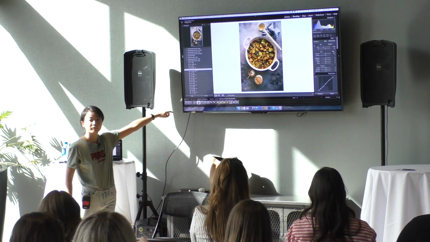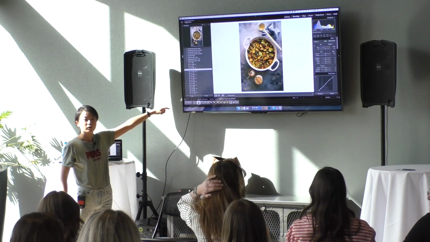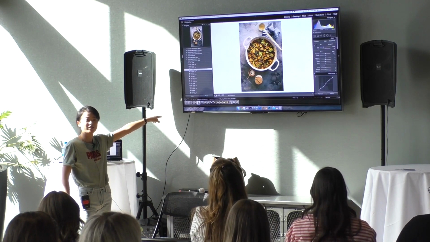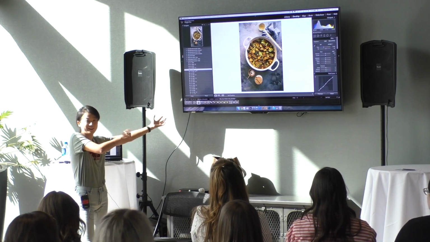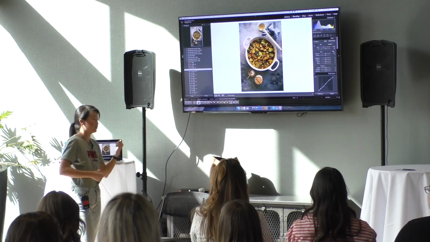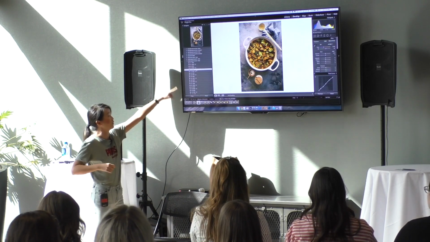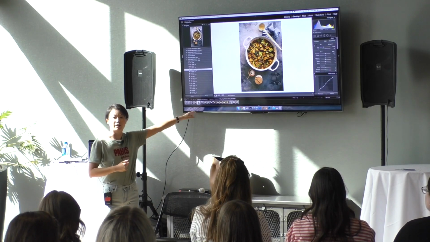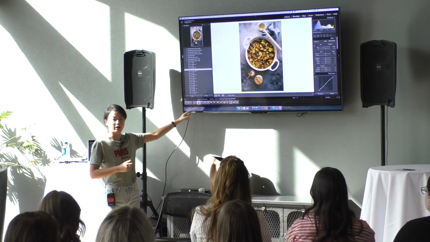Does this go only for mobile, or can you do it with Lightroom? Both, but they are separate. The VS Code you have to purchase on your mobile, it's a separate thing. On the desktop, somehow my Wi-Fi is not working, but if you go to their website on your computer, they have a store.